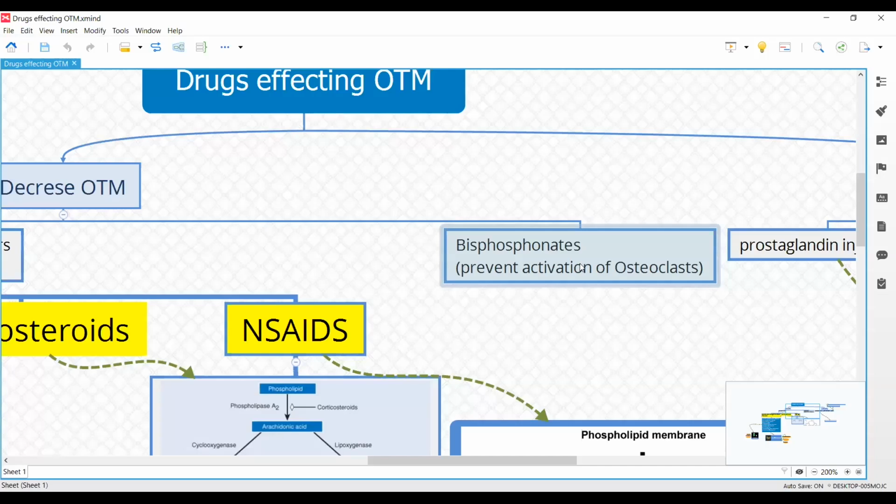So the take home message is this: you have mainly two categories of drugs which decrease the tooth movement, the prostaglandin inhibitors and the bisphosphonates. In the prostaglandin inhibitors, you have steroidal, non-steroidal, and other drugs which decrease the tooth movement, and which include the anti-MAC: antimalarial, antiarrhythmic, anticonvulsant, and you have tetracycline, methylxanthine, and tricyclic antidepressant.